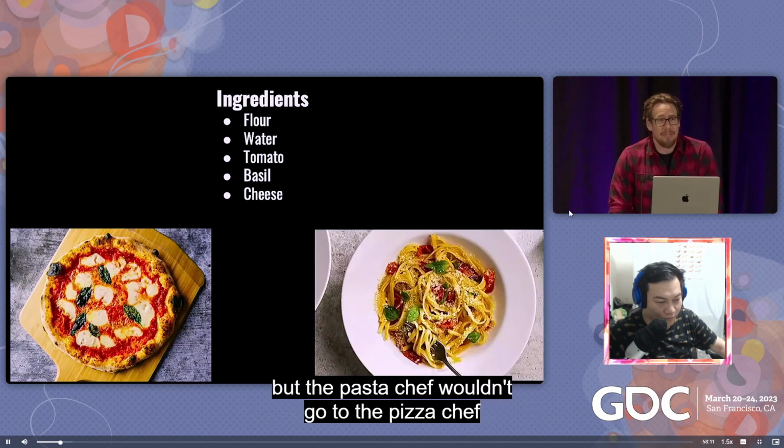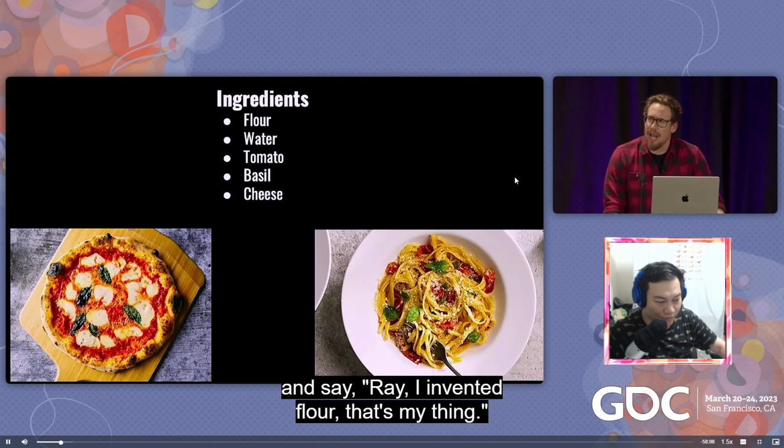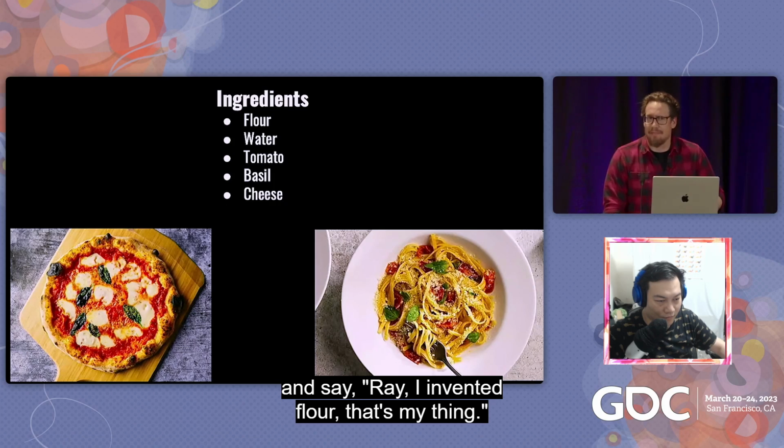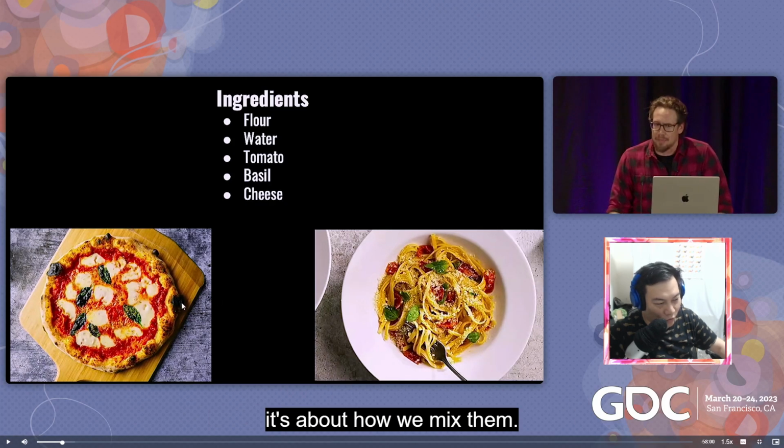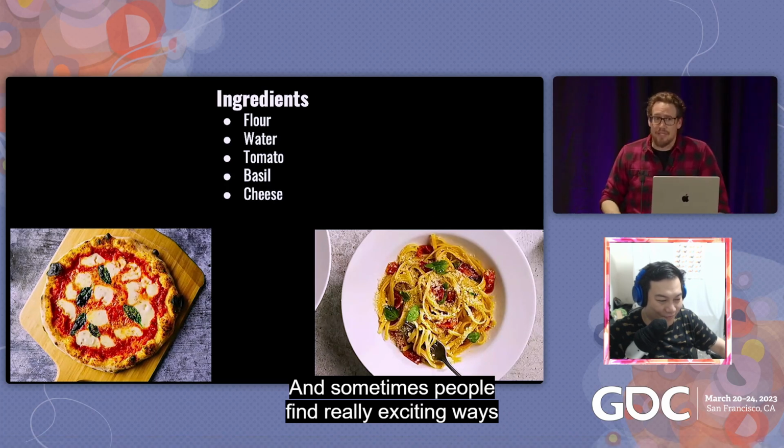The other one might make pasta. But the pasta chef wouldn't go to the pizza chef and say, Ray, I invented flour. Right, that's my thing. You took flour from me. It's not about inventing new ingredients. It's about how we mix. 所以他们不会说就是我发明了面粉，所以你的披萨不可以用面粉之类。所以有些不同的游戏其实也会有一些同样元素，就是它想阐述的意思。